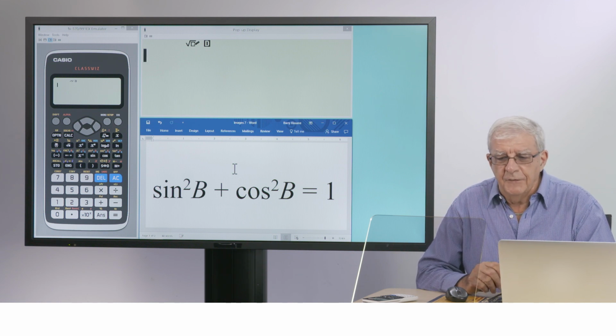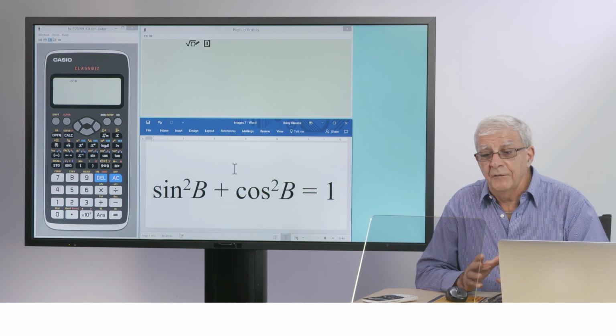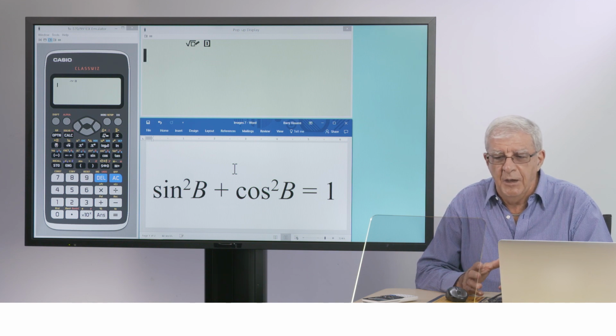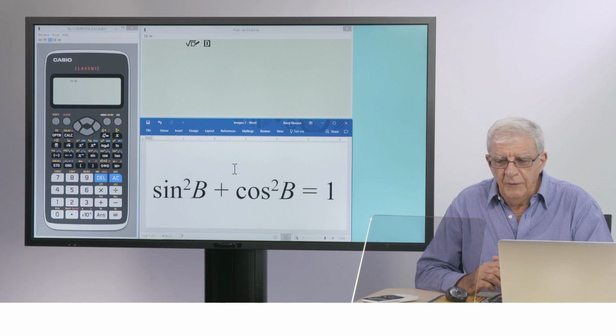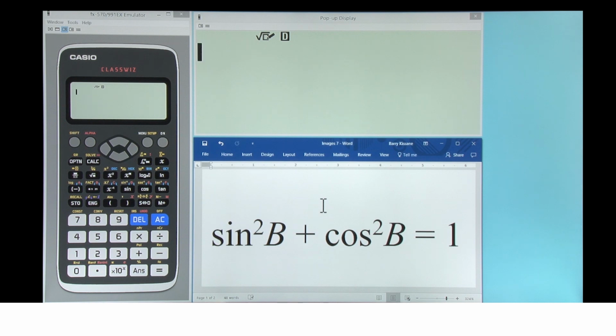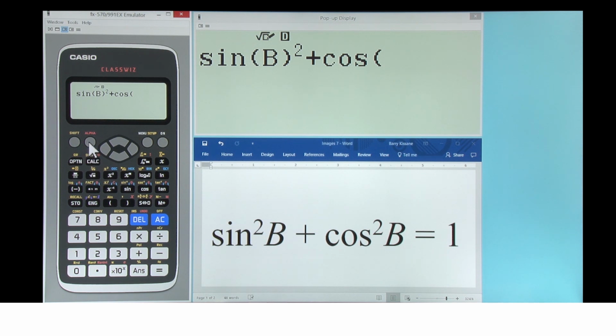The meaning of this identity is that we get the sine of an angle and square it, and get the cosine of the same angle and square it, and add them up. Let's look at this on the ClassWiz. Sine of angle, we'll use angle b. Press alpha to get the variable, and squared, and cosine of angle b